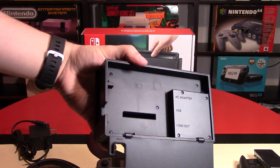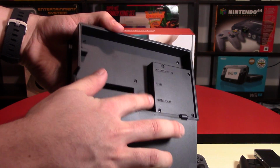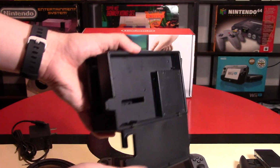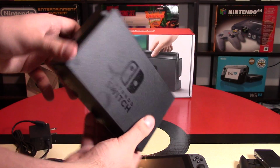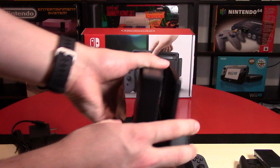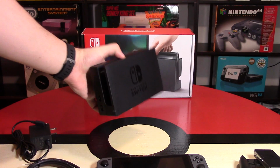So that just pops down. You have the AC adapter port where it goes up here. You have the USB and you have HDMI out. And then, of course, all your cables are going to run and come out of that hole right there so that this can be a nice, clean, integrated system that the Switch can go on. You have two more USB ports right here. And if you look down into this, it's really hard to see, but that is where the system will actually